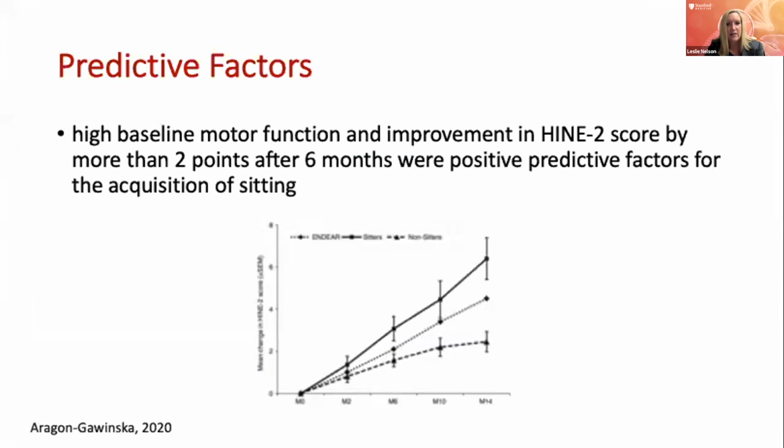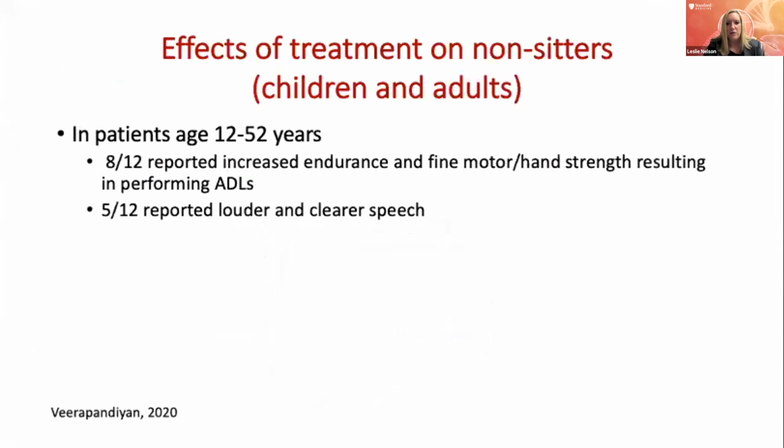And then lastly, the next slide, this was a study done in non-sitters with an older cohort, where we have a challenge in assessing motor function in these patients. But what was reported is subjective improvements that were published. And in these patients that were aged 12 to 52 years, 8 out of 12